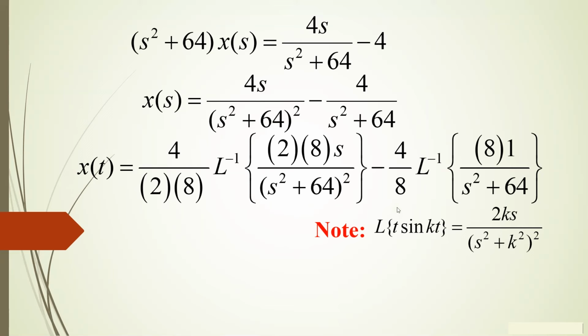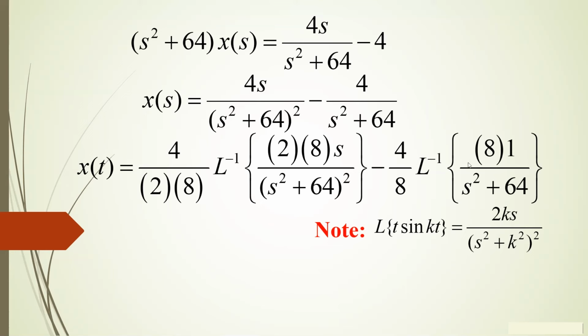So if we apply this formula, we don't need the 4 on top. Let's bring it out. However, when we brought out the 4 on top, what I need is 2ks. So 2 times, what's the k? If this is 64, the k is 8. But since I introduced 2 and 4, I have to bring out 2 and 8.